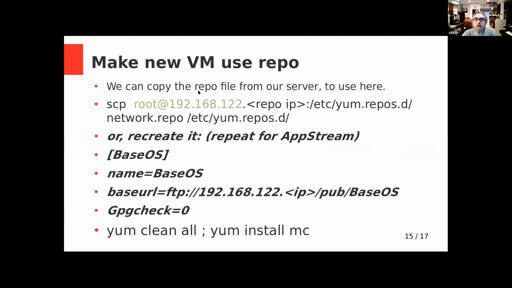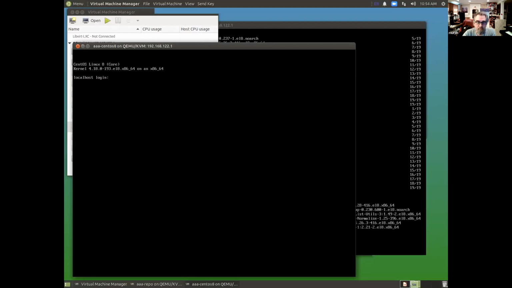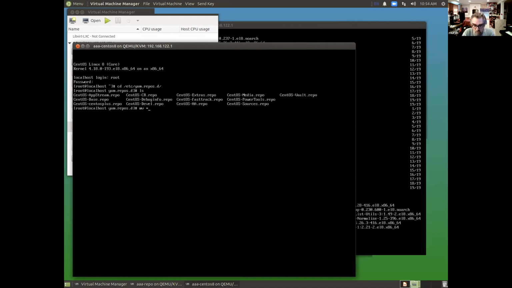What we're going to do is copy the repo file from the server. Now, you could just recreate it yourself if you like, and this is the Red Hat 7 one. You would obviously recreate it exactly the same way you did it on the other one. But I'm going to SCP it from our repository to where it belongs. So we also have to clean out that directory exactly the same way we did before. So we're going to cd /etc/yum.repos.d, and you see we have all those same files there. We're going to move all of those to somewhere else. And then we're going to do scp